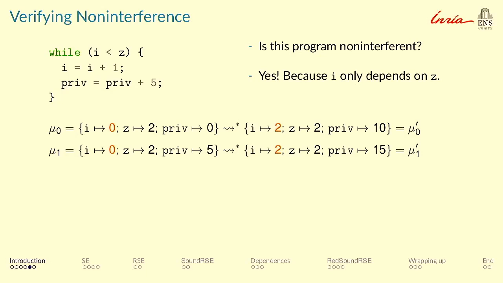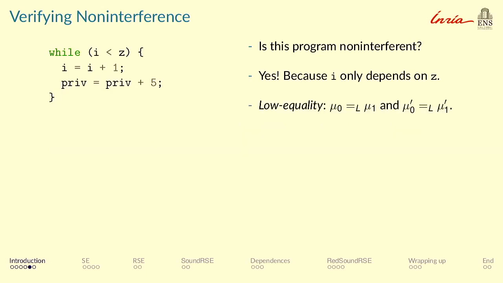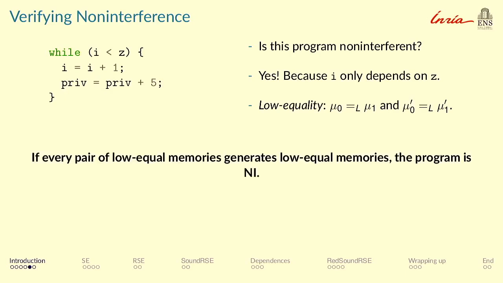And basically, now we'll refer to this as low equality. So we're going to say that mu0 is low equal to mu1. In the public variables I and set, we can see that they share the same values. So basically, we want to see that if in the beginning of the execution they're low equal, then at the end of the execution, they must be low equal. And we can actually characterize non-interference in this way by saying that for every pair of low equal memories, by executing,